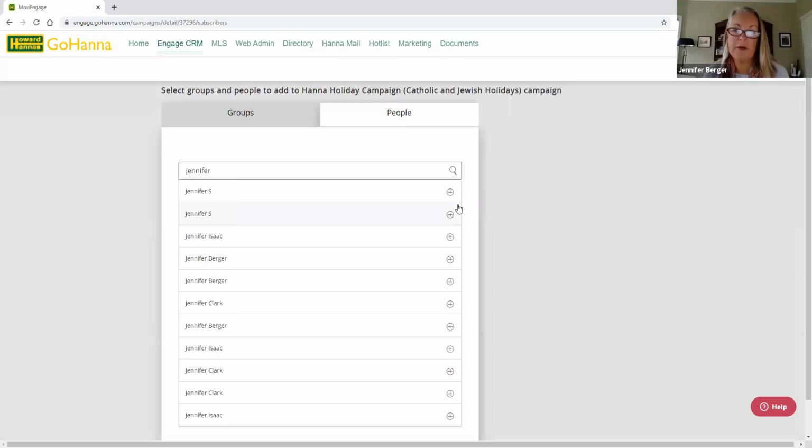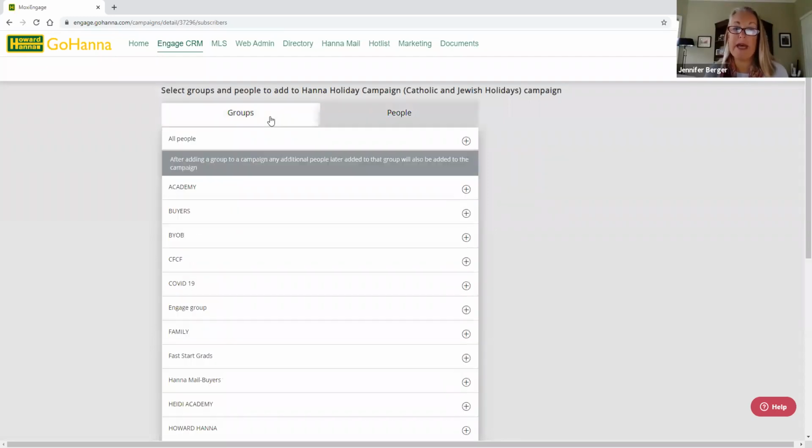Can I piggyback on that? Donna Chow asks, what is the best way to put past buyers and sellers into the marketing campaign if it is over a year old? It doesn't matter how old they are. Everybody should be in a marketing campaign. They would just be in a marketing campaign and identified as a past seller or buyer,